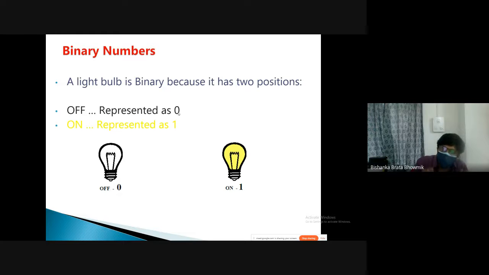You can teach this kind of representation in the class, and by making a bulb glow, off and on, off and on, they can write these numbers. If the light is on, write 1; if the light is off, write 0. You can do this practically in the class.